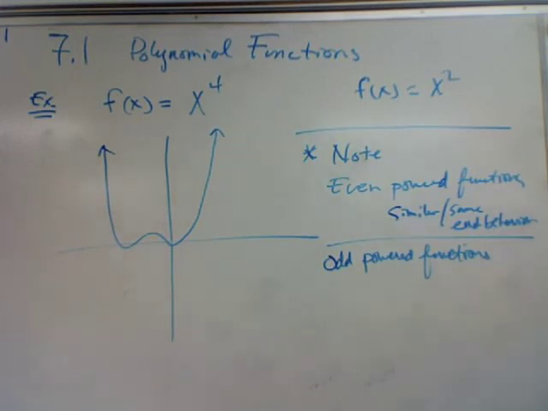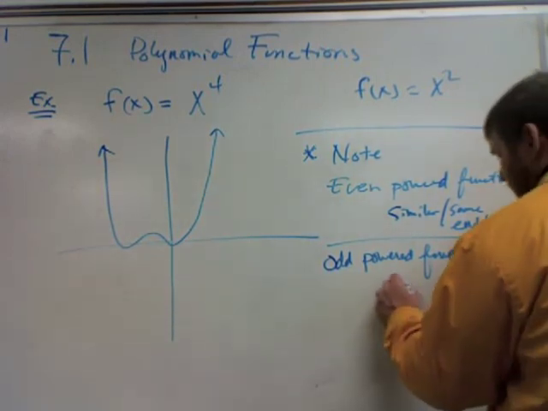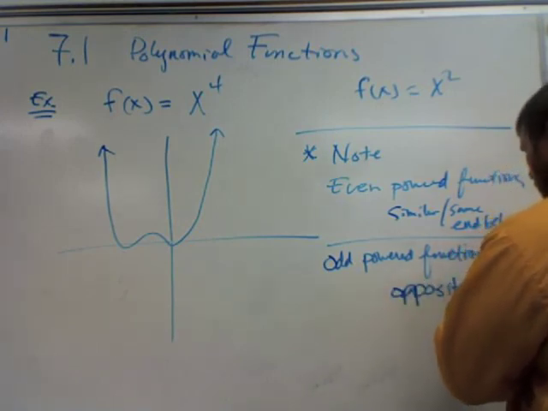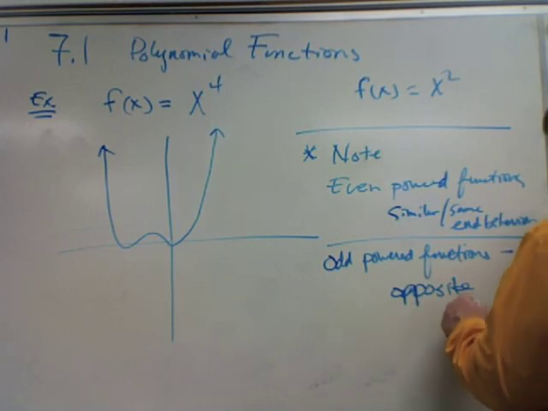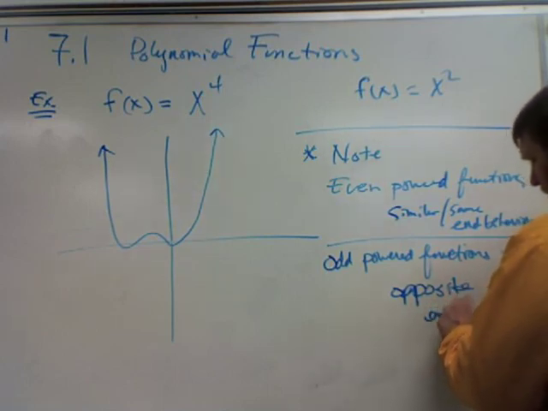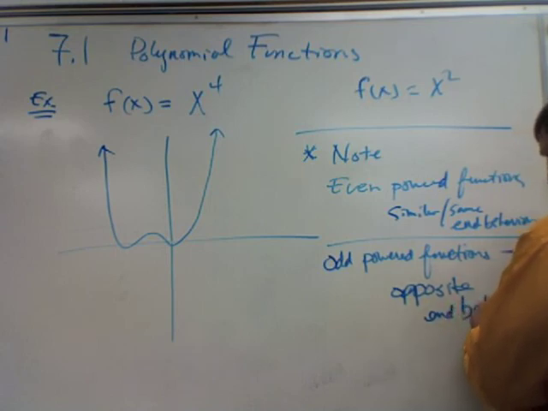One is going to be approaching positive infinity and the other approaching negative infinity, depending on your leading coefficient, whether it's positive or negative. So I'm just going to put here opposite in behaviors. I'm not sure if that's the right way of wording it, but